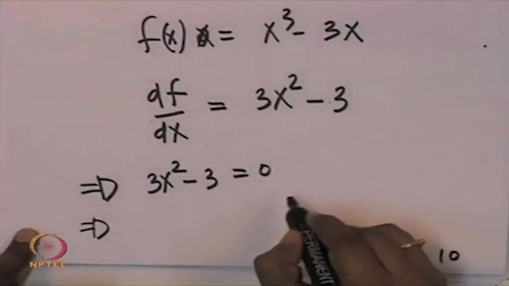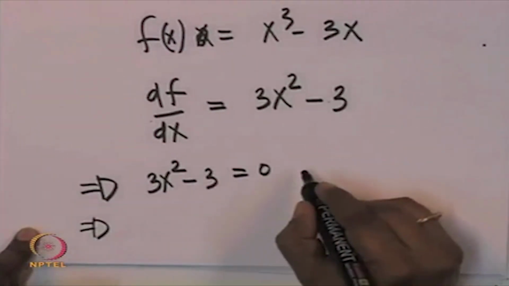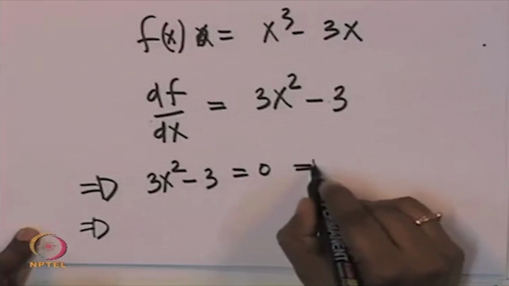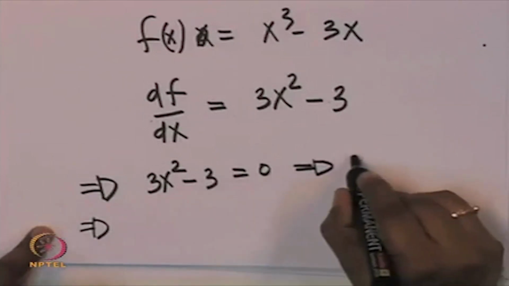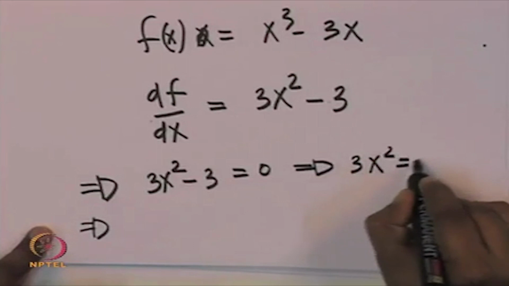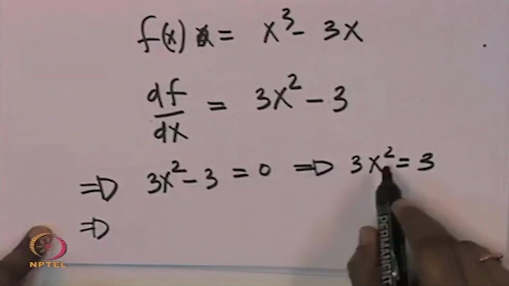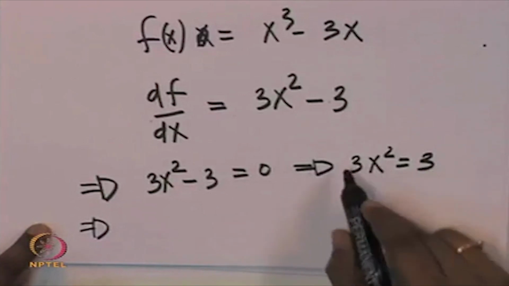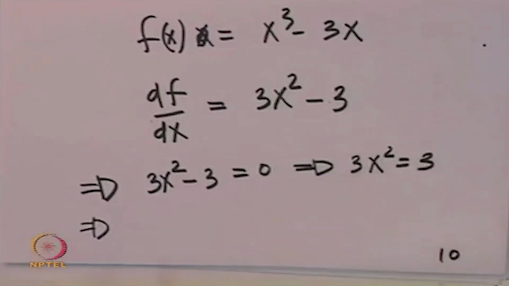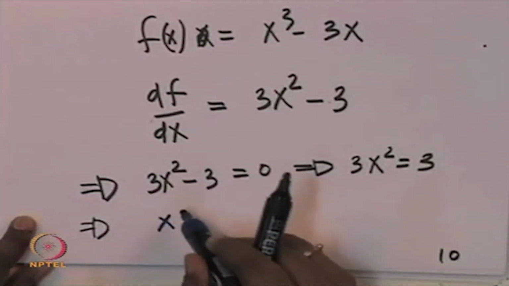I can take this 3 to the other side, which means that 3x square equals 3. So, I can cancel the 3 and 3, which means that x square